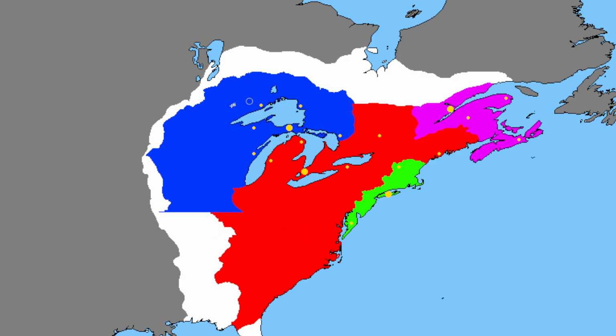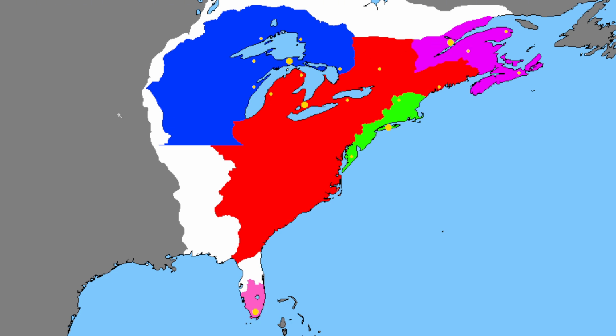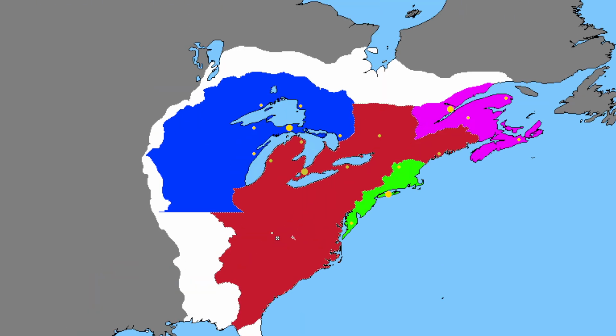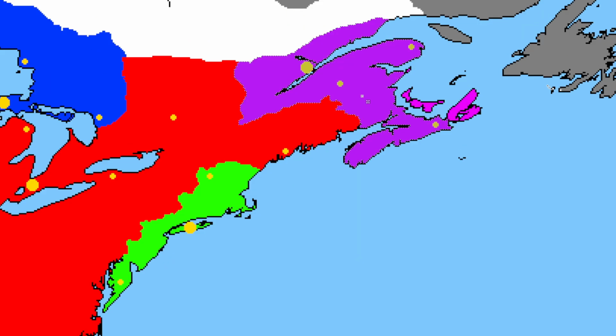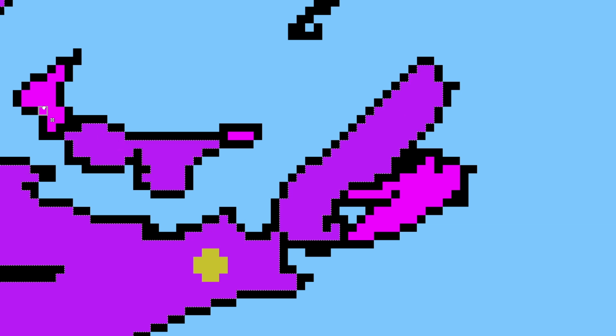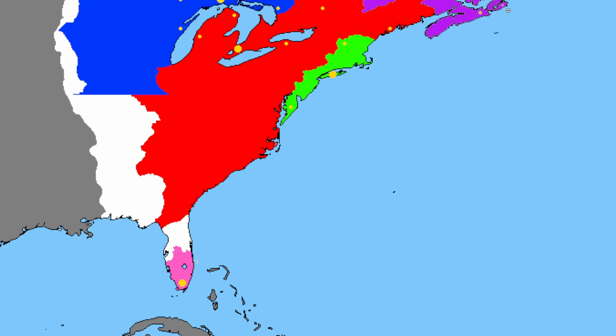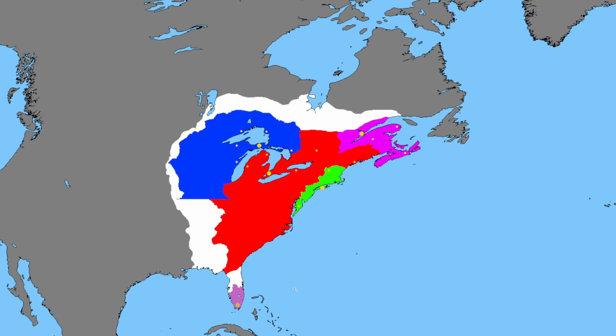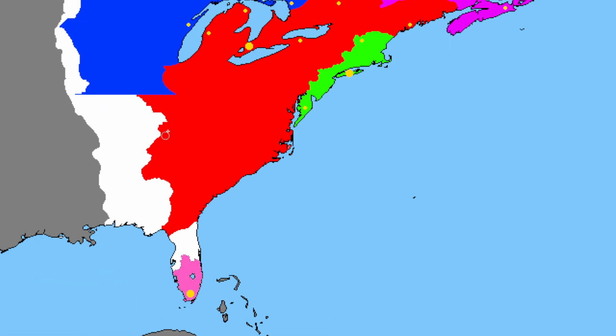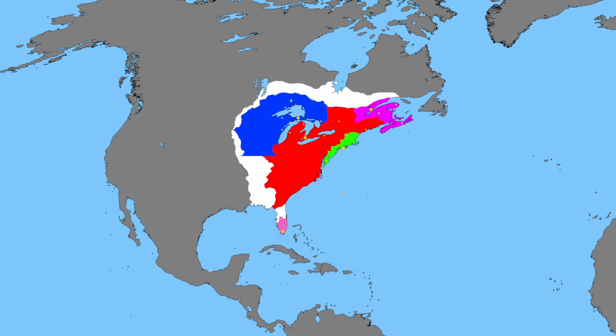Let's turn this province map off. I can actually compare the size. The red country is 32,000 pixels, and the blue country is 23,000 pixels. The green country is 2,000 pixels. The magenta country is around 6,000 pixels, and the Floridian country is 900 pixels. So the red country is technically bigger than all the other countries combined. But that's expected at the moment. They're a prospering nation. I don't know how much longer that will be for, when people start to move here, and maybe this will cause some unrest down here.